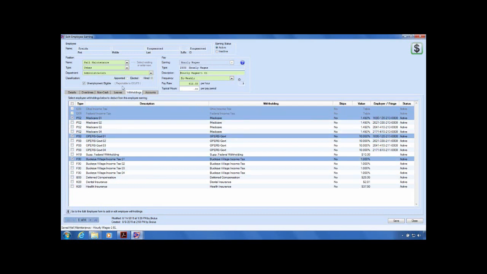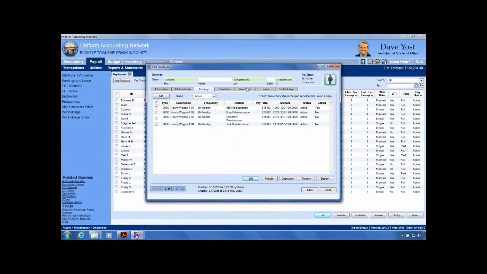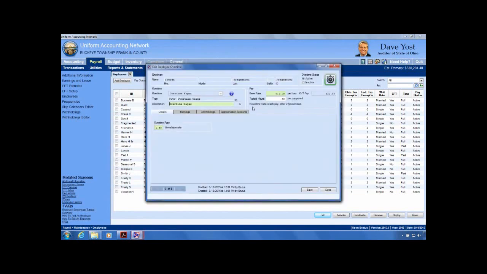If I jump back to number 1 here, the hall maintenance, again, no miscellaneous deductions attached to that, corresponding to my 1s with hourly wage 1. So I'm going to keep in mind that this is why you assess, okay, this is the earning that I'm going to keep. But I'm going to end up getting rid of, deactivating the other 3 earnings. But first I want to look at my other items, and I'll take a look at overtimes and edit that,